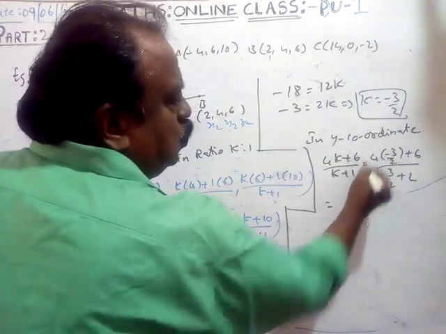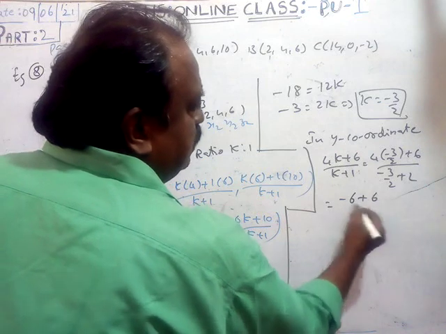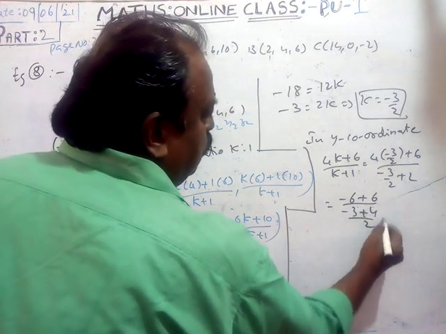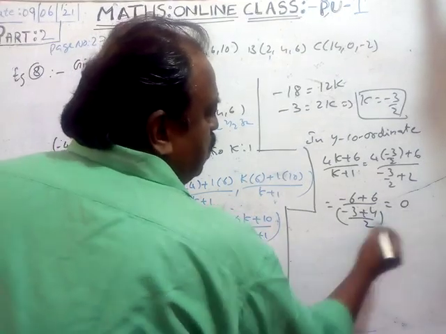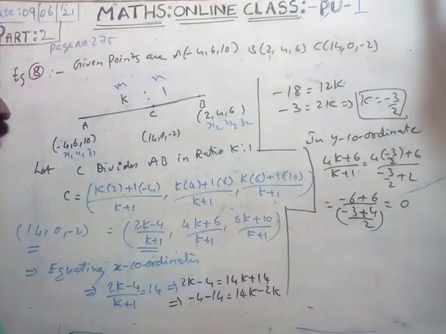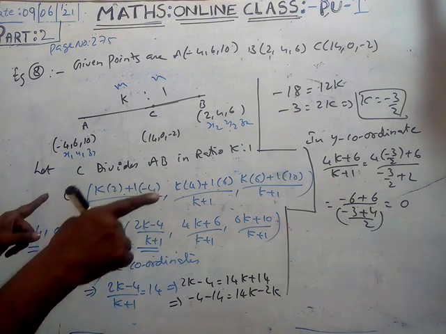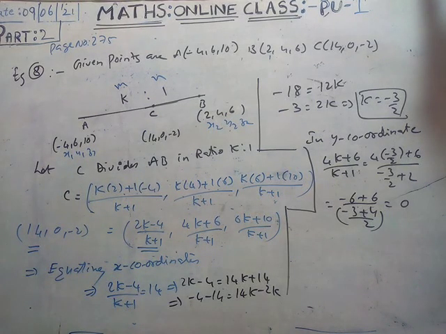It is 2 twos minus 6 plus 6 by minus 3 plus 4 by 2. What may it be? 0 by anything is 0. Yes, the y coordinate of C is 0. Yes, correct. It's okay, no? Now,